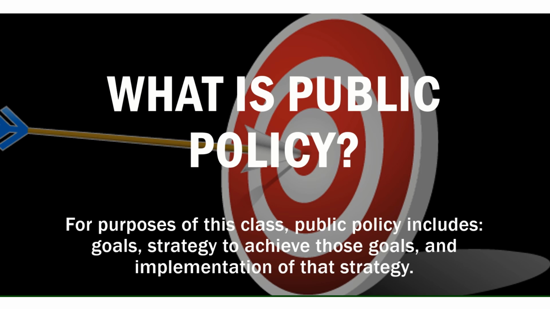The second part is to devise a strategy to achieve those goals, and the third part is the implementation of that strategy. Now, when you're looking at goals and strategy, and then an implementation of that strategy, you can think in terms of the three branches, if you wish. It's true that really all three branches are involved in the development of public policy to some degree. But for purposes of our class, I'm kind of leading you in the direction of the legislative branch being the developer of public policy. Although I know that's not the case, for purposes of exercises for this class,